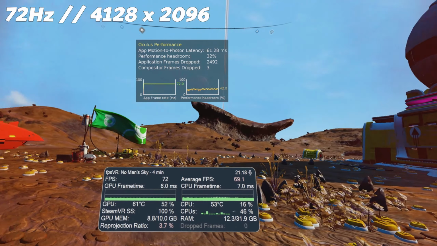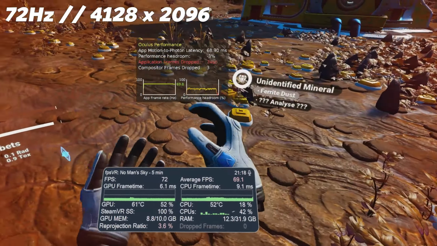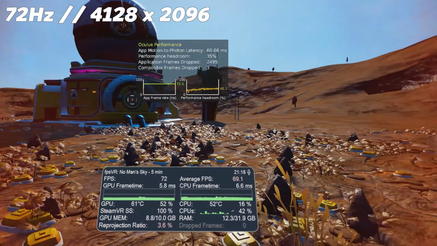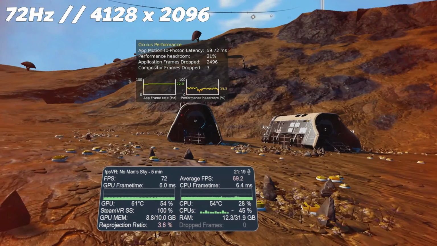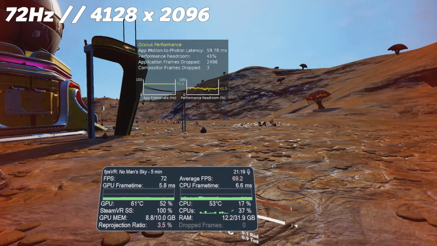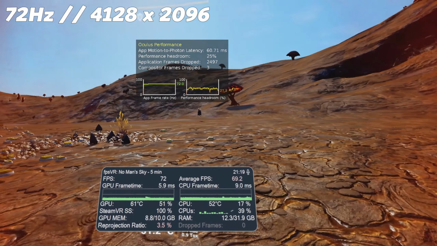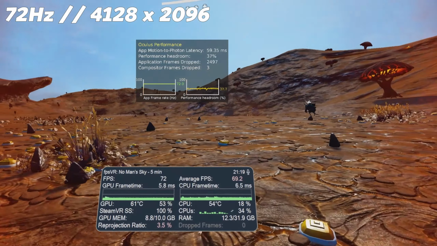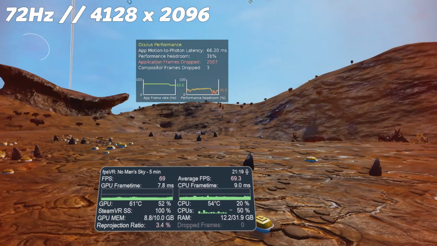Okay, so starting out with 72Hz at the default resolution of 4128 by 2096, I'll just wander around this planet for a while and then take off and just see how it performs when flying around the surface in a ship as well. And we can see that for the most part we do get pretty stable performance at 72 frames per second with a little bit of performance headroom as well, although it does seem a little bit sporadic,